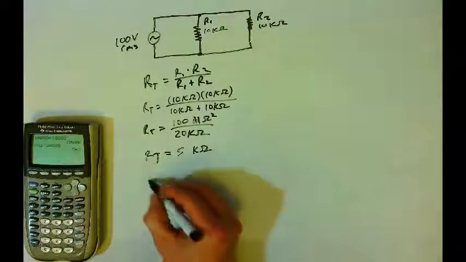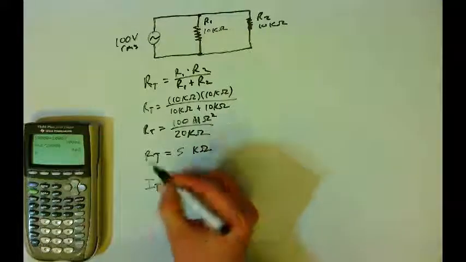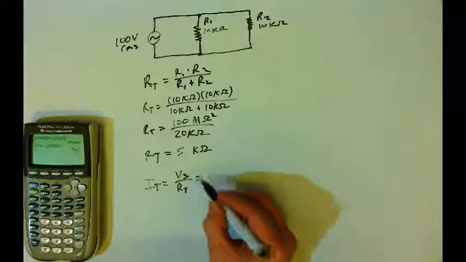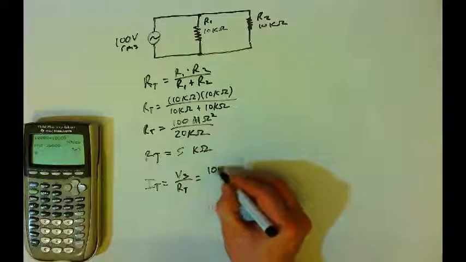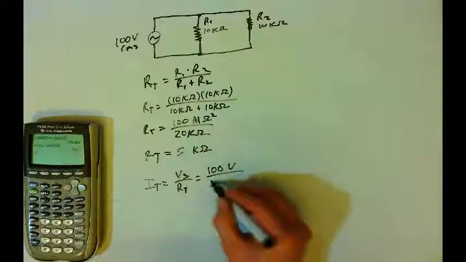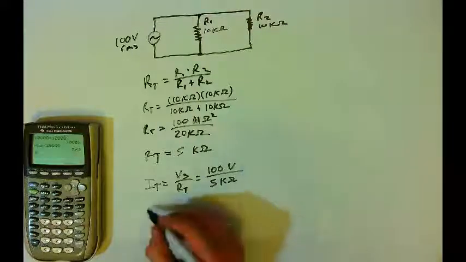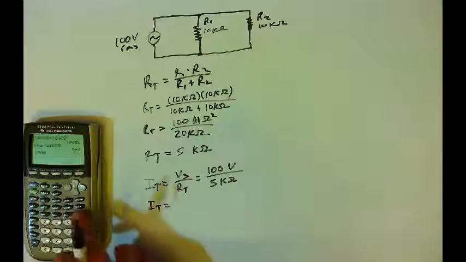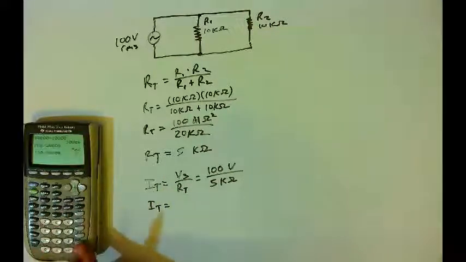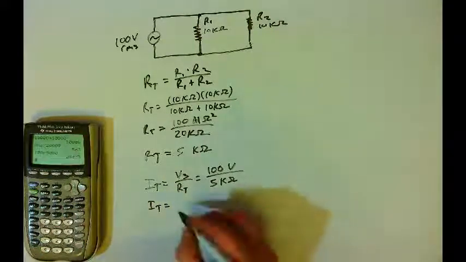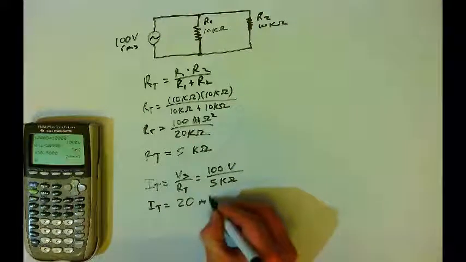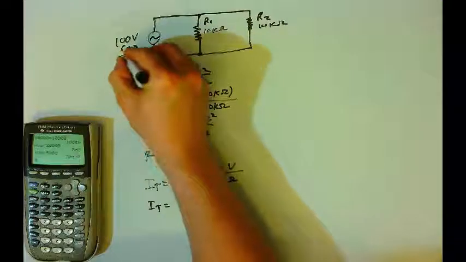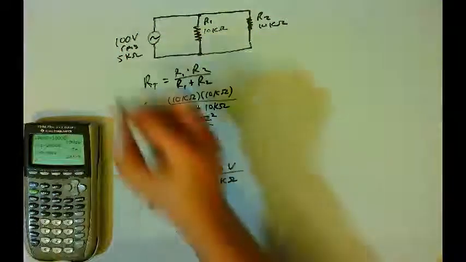And so now the next step is to find the total current, which will be the source voltage divided by the total resistance, source voltage in RMS value. So this will be 100 volts divided by 5 kilo ohms. And so the total current of the circuit will be 100 volts divided by 5 kilo ohms, which is going to be 20 milliamps. The total current in this circuit is 20 milliamps. And so the total resistance was 5 kilo ohms. Total current is 20